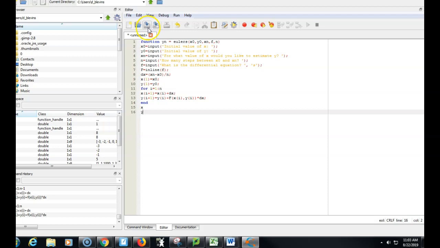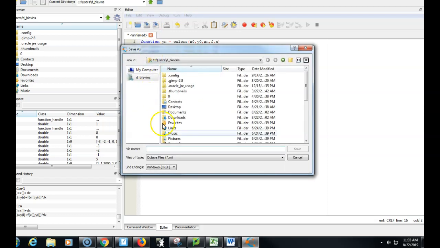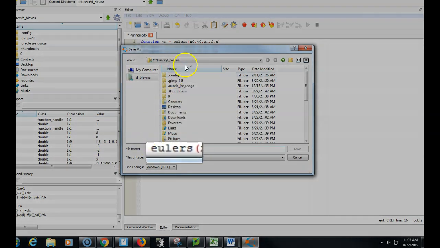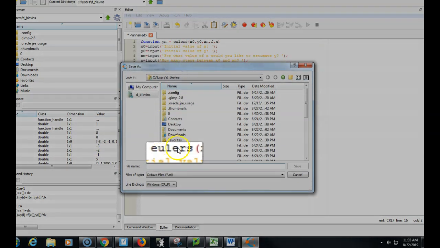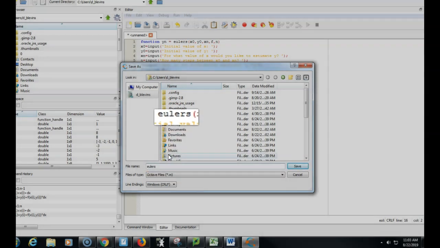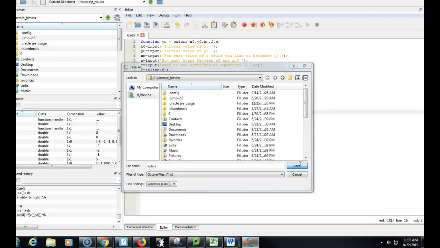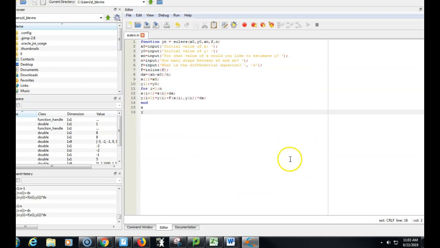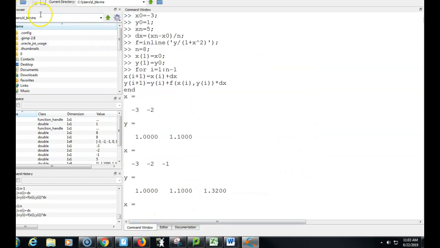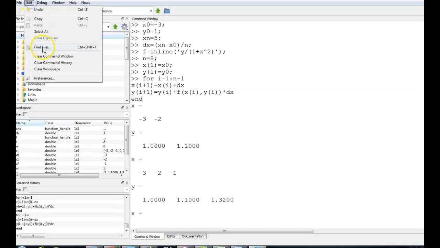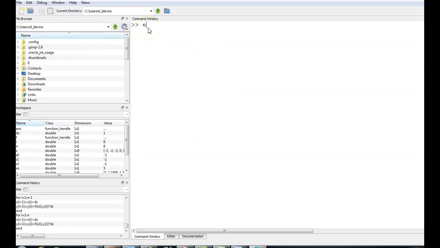Alright, I'm going to go up here and hit save. And then when I save it in the directory, I'm going to save it as the same thing that I put right here. Alright, you need to make sure those match. So I'm going to save it as Eulers. I'm going to hit save. Okay, and then when I go to the command window, this is what's nice about this. Clear this out. If I type in Eulers,